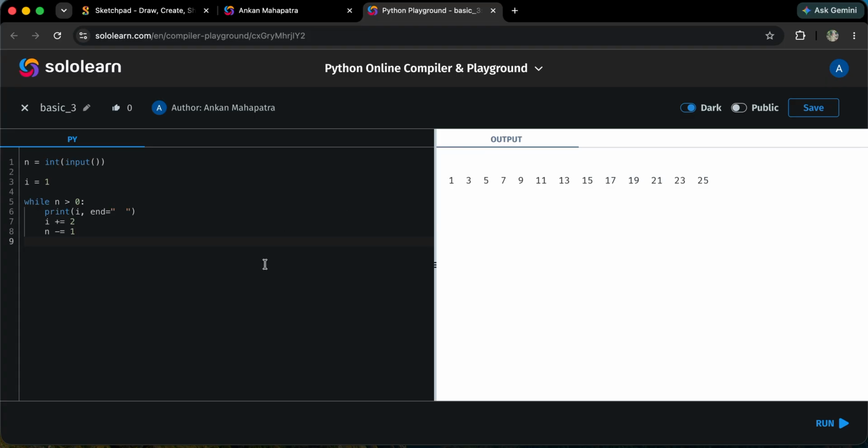So yes, this is the code for printing first n odd natural numbers using Python. So in this approach, we have used a while loop. You can also try it using a for loop,